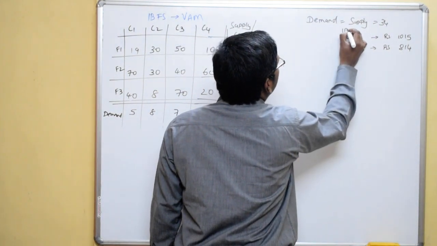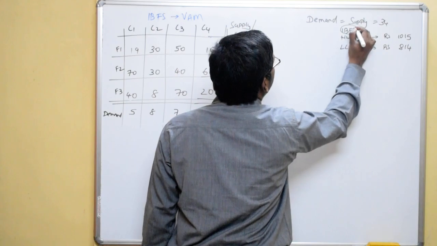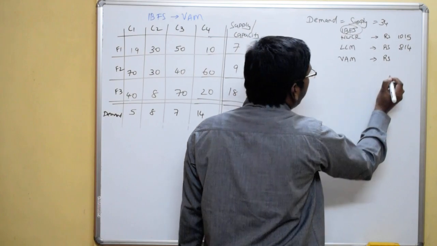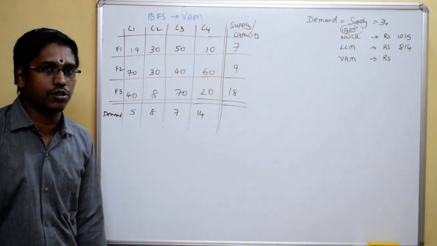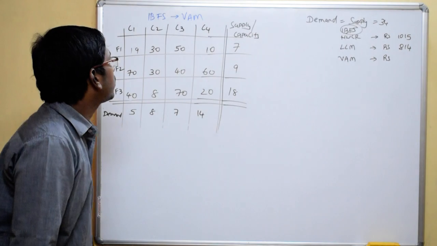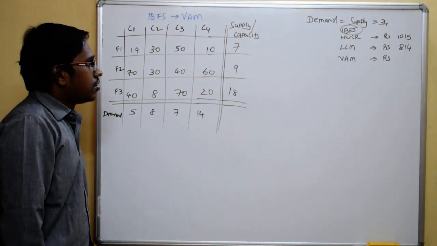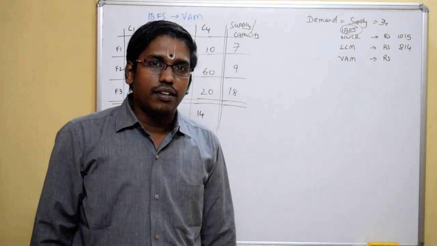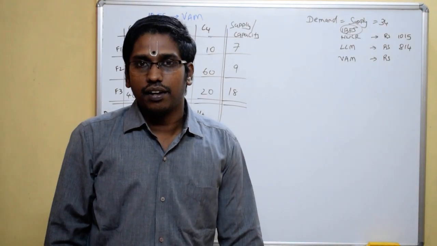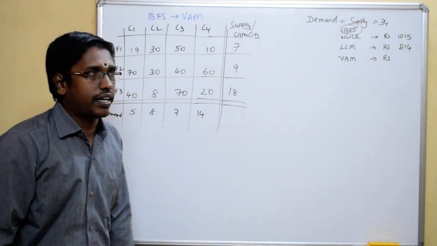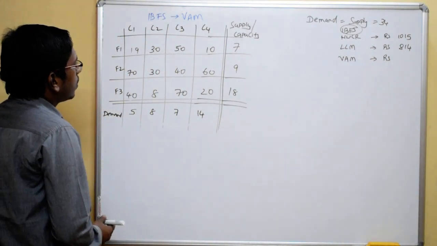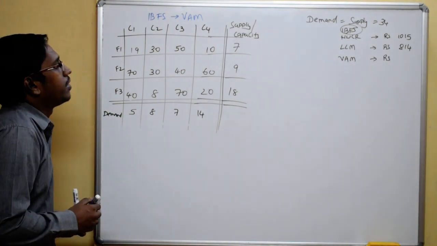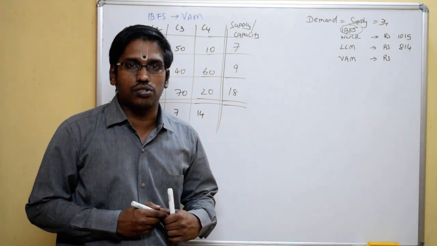814. This time, let us learn how to find the initial basic feasible solution with Vogel's approximation method and what the cost is under Vogel's approximation method. The first step in Vogel's approximation is that for each row and for each column, we write something called a penalty. Now what do we mean by this term penalty? Look at each row and each column and take the difference of the two least costs.